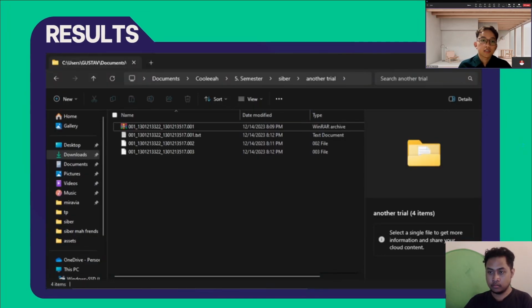And also, this is the result of our image creation using FTK Imager. As you can see, there is a RAR file, one archive file, and one text file, and two files which is an image file. Next, please.